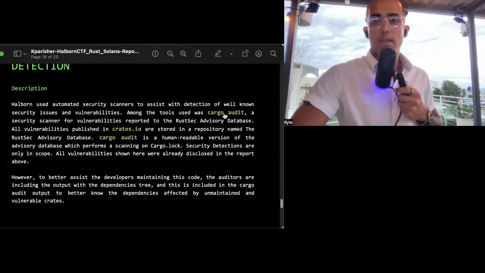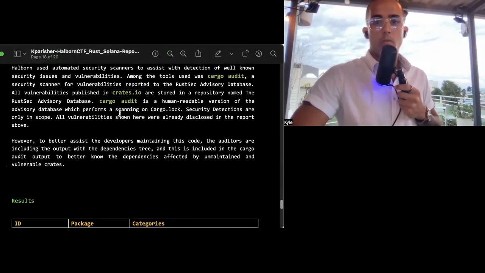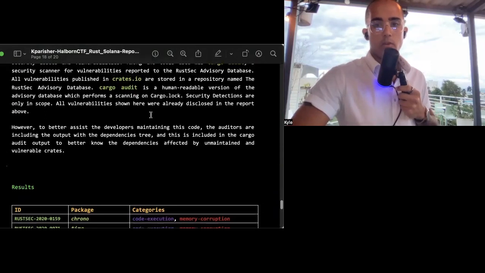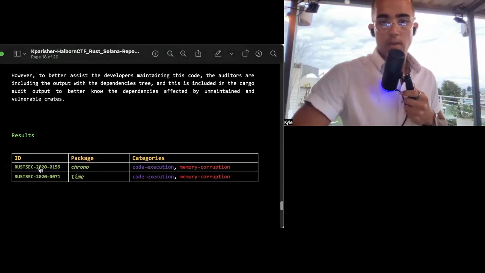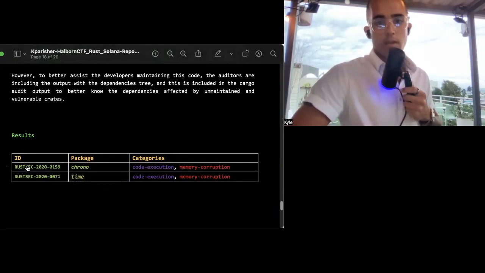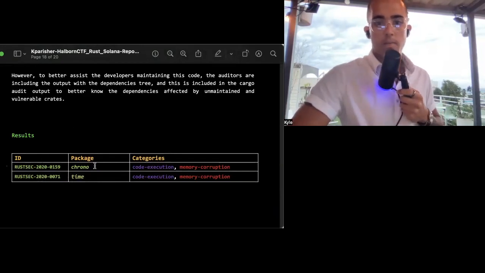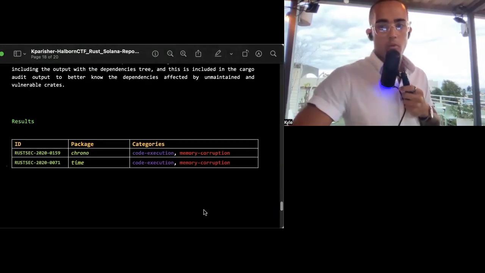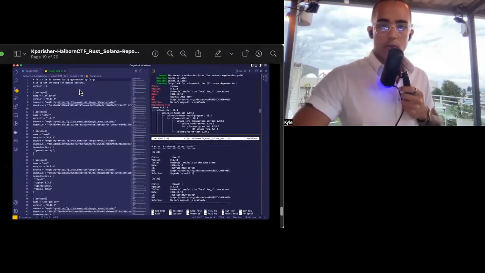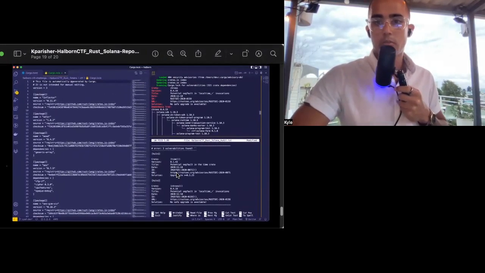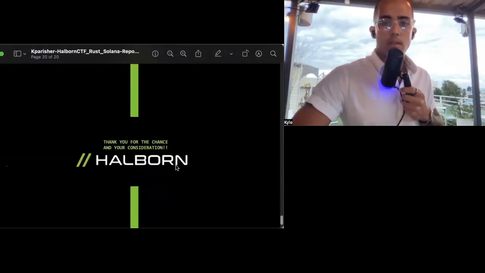And I provided hyperlinks to all of the words here highlighted in green. They all have hyperlinks, or they should. Here you have the ID number for the security announcement, and it specifies the package. And you can see code execution, memory corruption. Here I provide another screenshot of the affected crates. And yeah, so